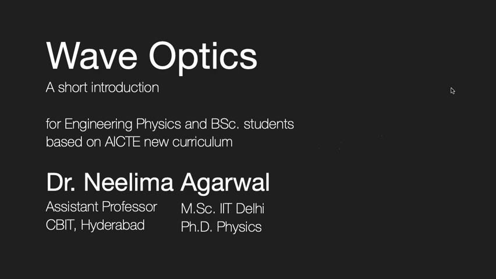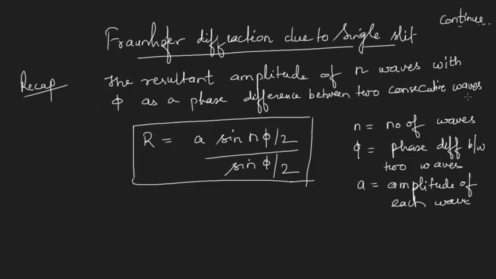Due to Huygens principle, we have divided our single slit into n equal parts, because every point on the wavefront can act as a source for the secondary wavelets. So now let us see how our intensity modifies when we do so. The resultant intensity which we obtained in the last lecture was